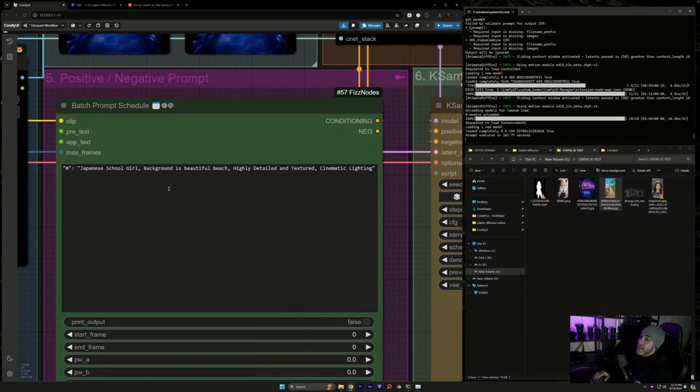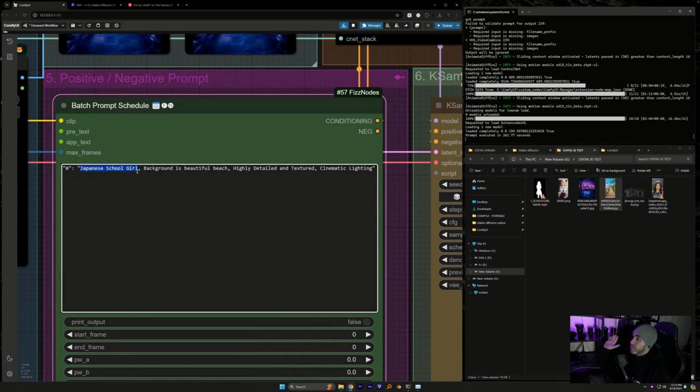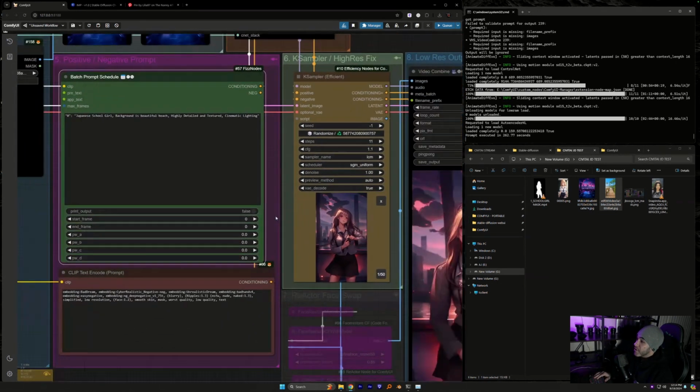Okay, coming back to the prompt, you want to tell it quite literally what it is looking at in your IP adapters. So all I'm saying here is Japanese schoolgirl, and this syntax seems to work extremely well for me, where it is just background is, boom, and you tell it what the background is. You don't have to get fancy. The more words you give it here, the more it's going to get confused and the more janky and jumbled the animation has potential of being. Keep it simple, stupid. So, boom, we got our prompts.